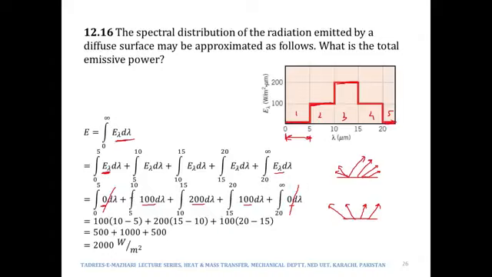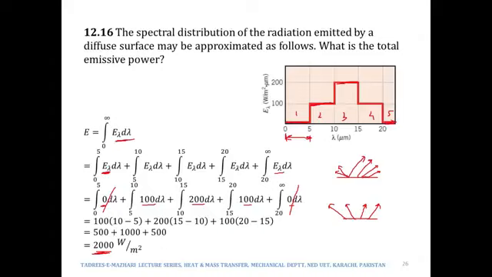So 100 would be taken out of the integral sign, and the integral of d lambda is lambda. When we place the upper and lower limits of lambda, we get 10 minus 5. Similarly, 200 times 15 minus 10, and then 100 times 20 minus 15. At the end we get 2000 watts per square meter. So this is the total emissive power, meaning the total magnitude of radiation being emitted by